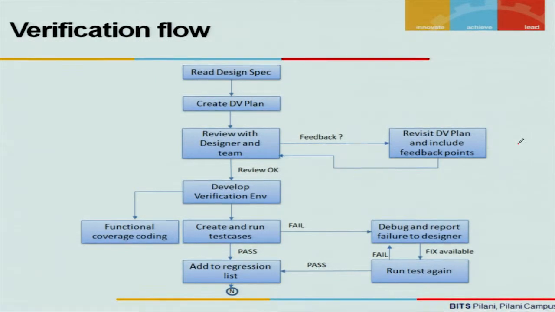Let's say I have gotten the design specification. Now, as a verification engineer, how do I start my verification? What is the first step that I need to do? And what all different steps during my verification am I going to do? So the first thing is that I have got the spec from the designer, so I will read the design spec thoroughly. Once I have gone through the spec and I have understood it, completely or maybe partially, I can start my design verification plan.